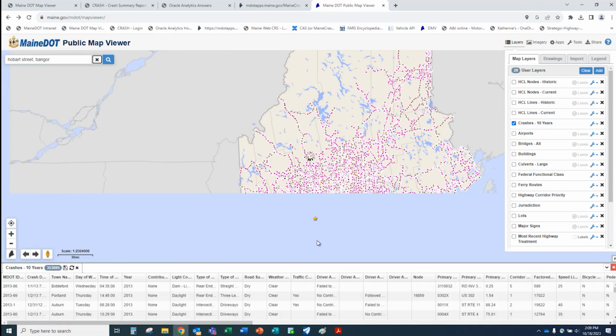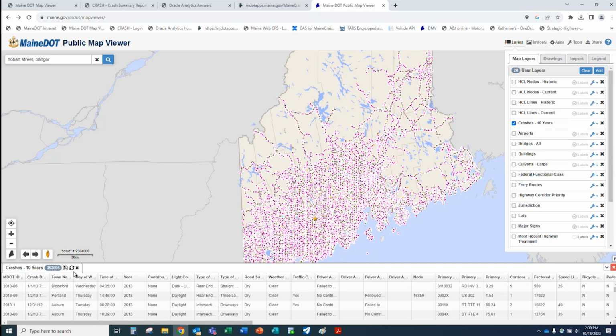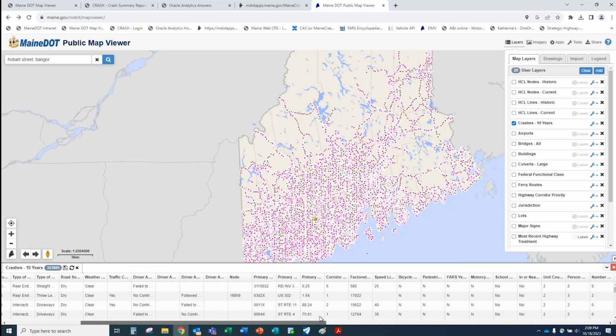Okay. So when you hit that little icon and you hit that view data, what it does is it produces what you're looking at for data on your map at the time, right? So remember I said we had 10 years worth of crashes from 2013 to 2023. In that period of time, there have been 353,695 crashes. All of those crashes are represented right here on that map, and they're all right here in this little thing. All right. And so you can scroll across, you can see all of that information that we have,